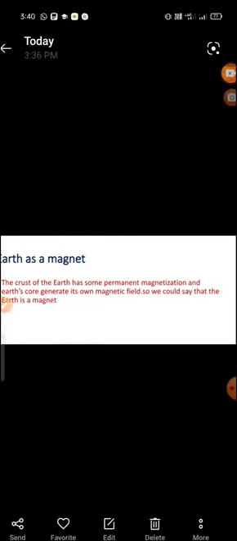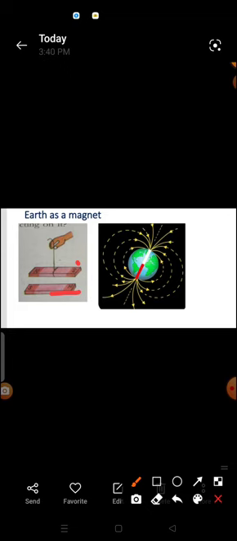Place a bar magnet on a table in any direction, like this. Suspend another bar magnet over it, like this. The suspended bar magnet should be fairly close to the one kept on the table. The suspended bar magnet always comes to rest in the direction of the bar magnet placed on the table.